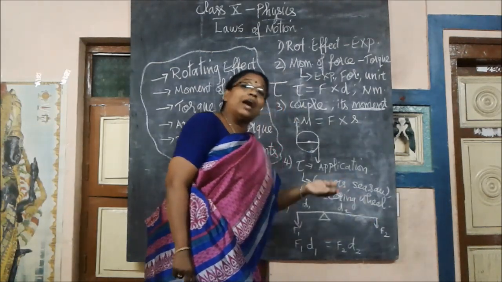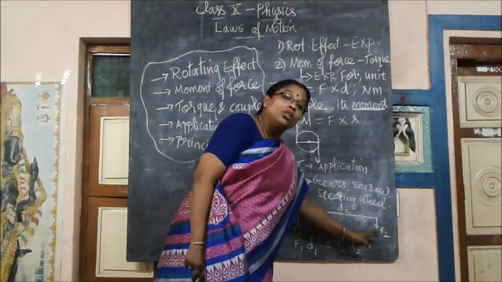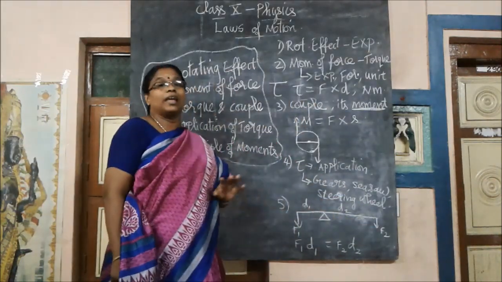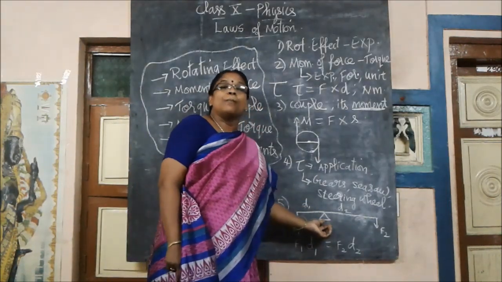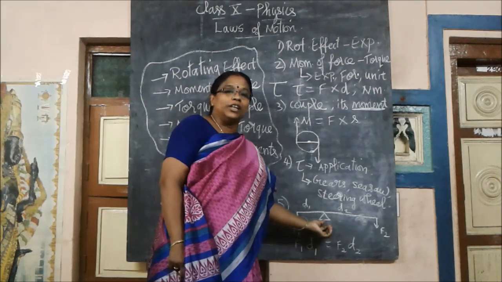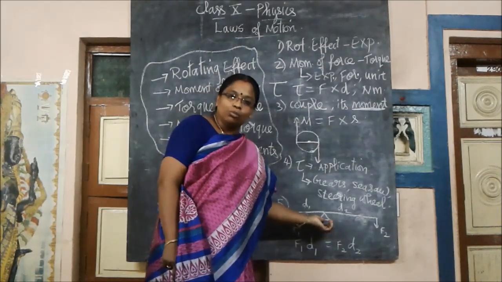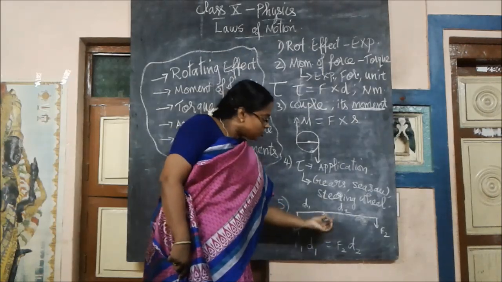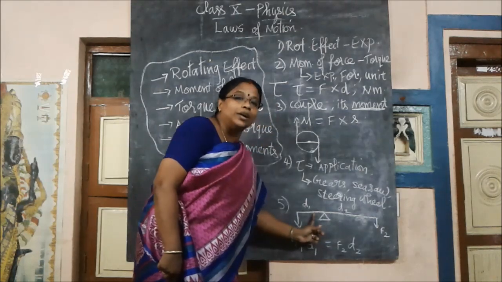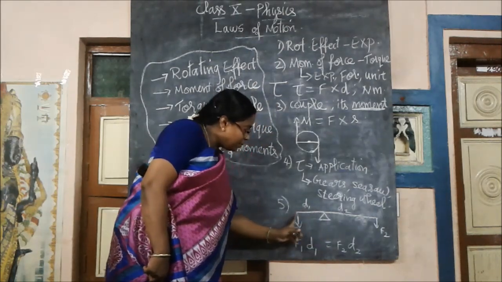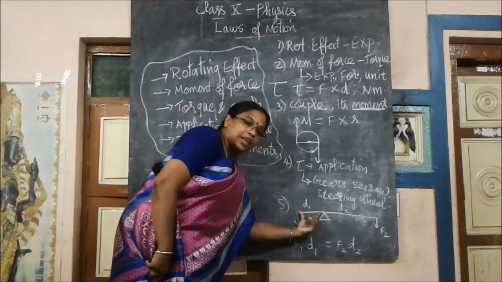Now, to act in the reverse way, when the lighter person wants to lift the heavier person, what do they have to do? The center point is called the pivot, P-I-V-O-T, or fulcrum point. These words are described in your books, children, go through them, right? So from this point, the heavier person has to move forward. If the heavier person is moving forward, what will happen? This distance is decreasing.